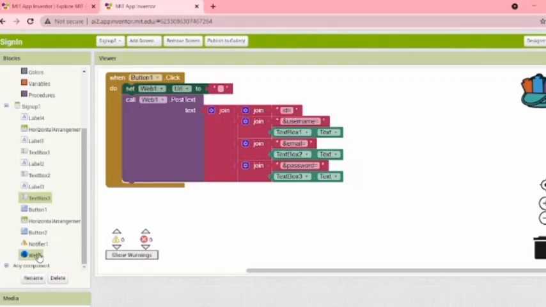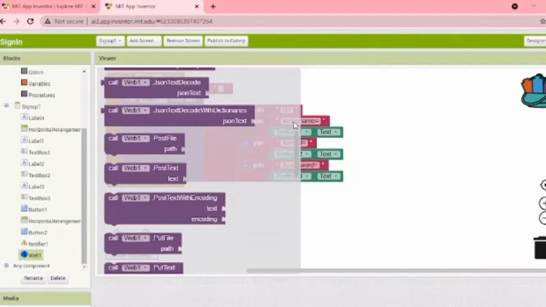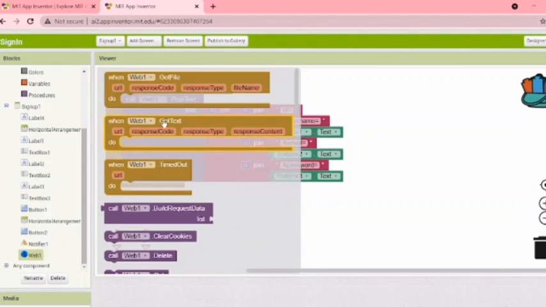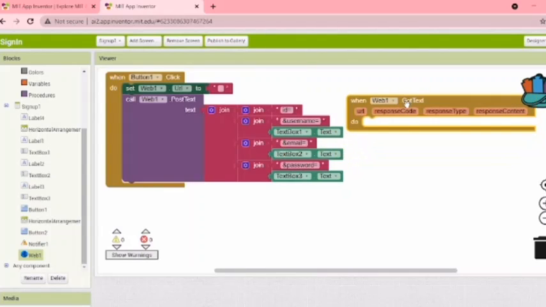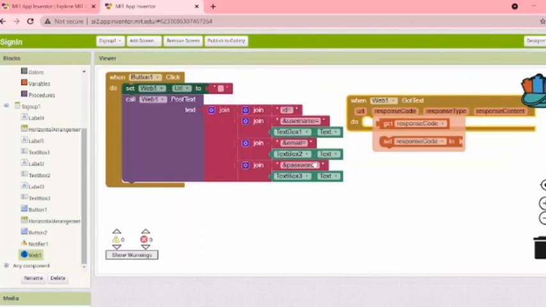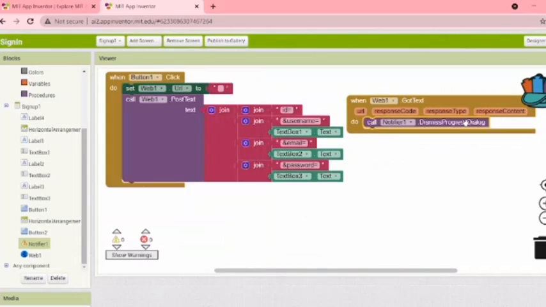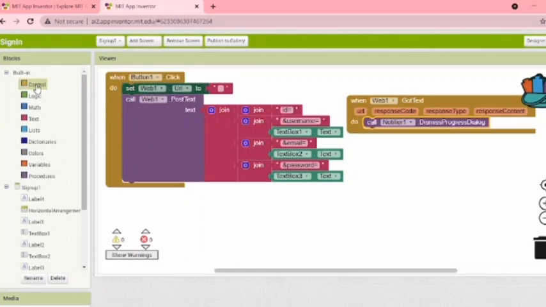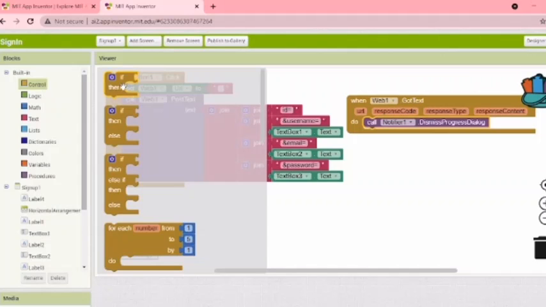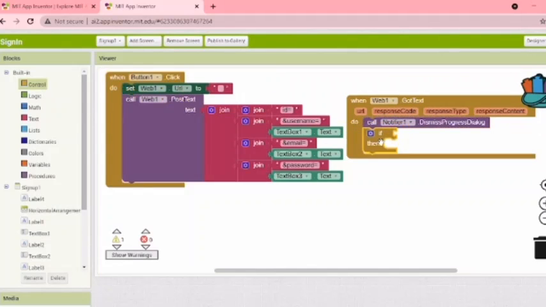we need to take this red one, got text, and then call the notifier, call this dismiss progress dialog and put here. Then we need to make a function, if then put here,